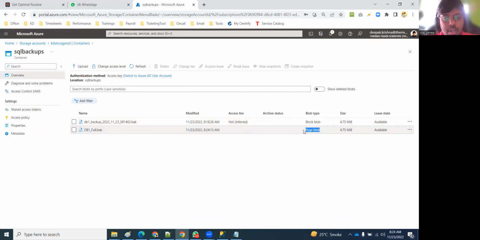Page blob. So don't worry about that, sir. See, Microsoft SQL Server. I'm just showing you. Yesterday I told you that page blobs must be virtual machine files, VHD files, all that. Do you agree with me? Yesterday only I said that normally page blobs are used for virtual machine files. So I'm withdrawing my statement now.